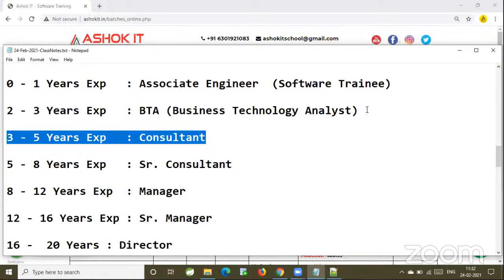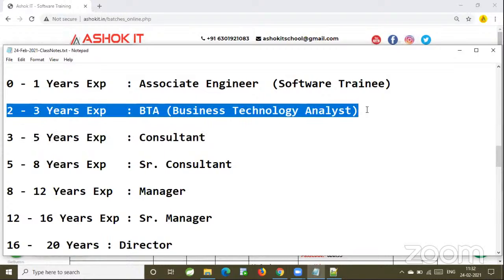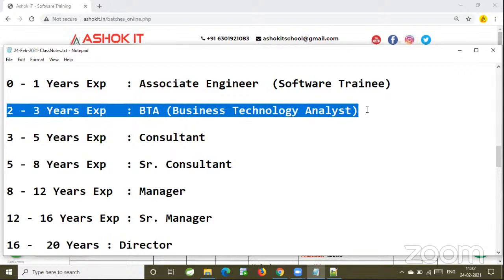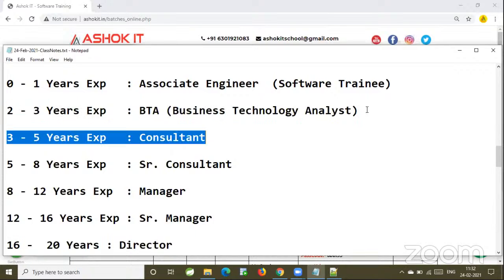consultant level. Consultant means along with your work, you need to help the others in your team. You need to help the freshers available in your team. BTA means you need to concentrate more on your work and maintain the quality. You need to learn how to deliver quality work in the project. When you are promoted to consultant level, along with your work, you need to guide 2 to 3 freshers in your project. You need to monitor those people and help them.